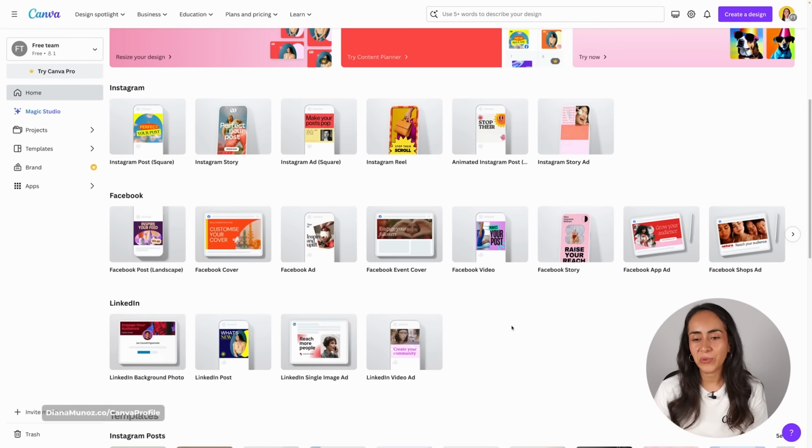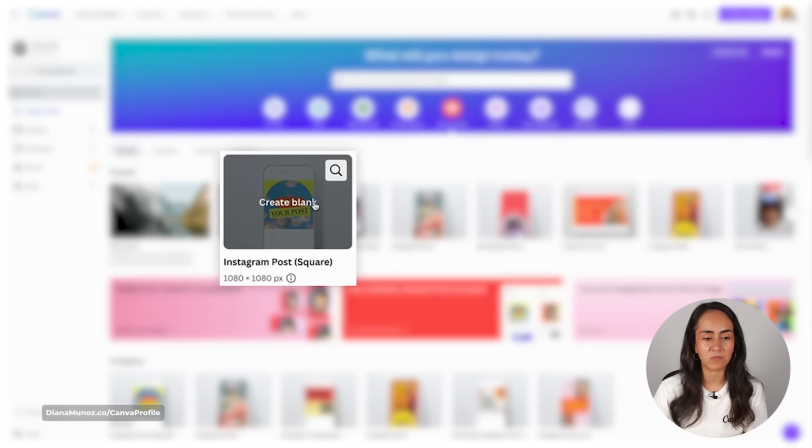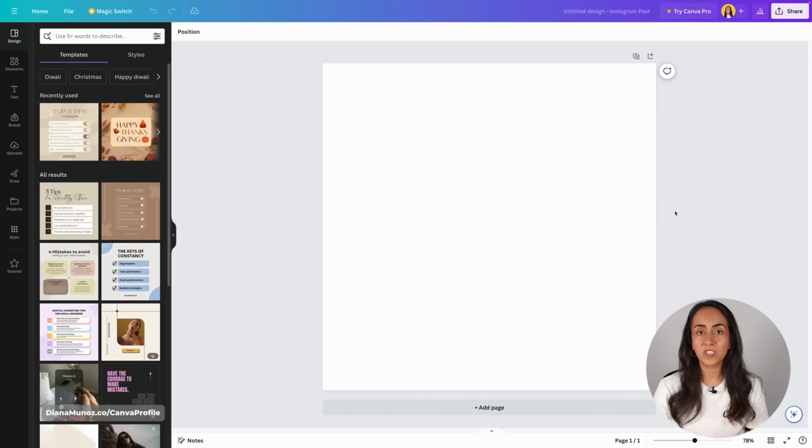Let me go back all the way up to create a new blank document of an Instagram post. So I'm gonna click here, which is going to open a new document in the editor with the perfect size for an Instagram post. Now let me do a little parenthesis here because I want to show you the second